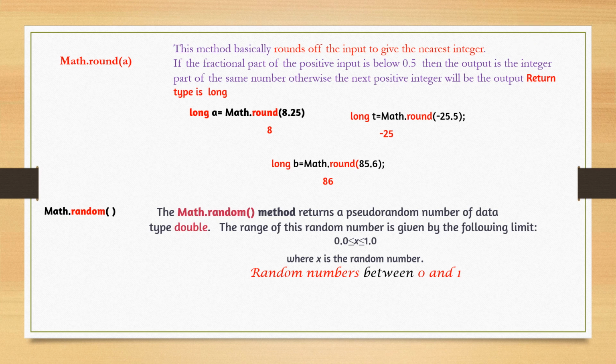I think all of you have played the snake and ladder game when you were small. Maybe some of you are even playing now. When we throw the dice, every time a different number will come. Just like that, in Math.random, every time we execute, any number can come between 0 and 1. Maybe one time this number will come, the second time any other number will come. So randomly any number can come when we execute the statement System.out.println(Math.random()).